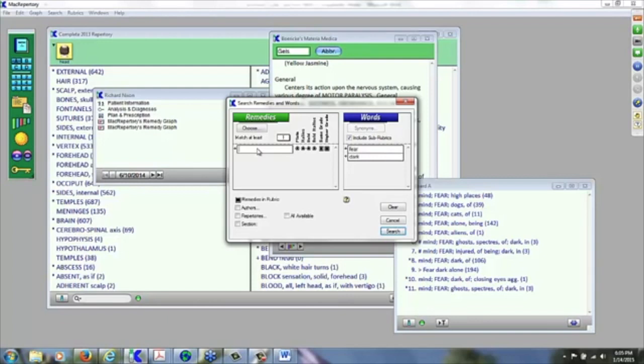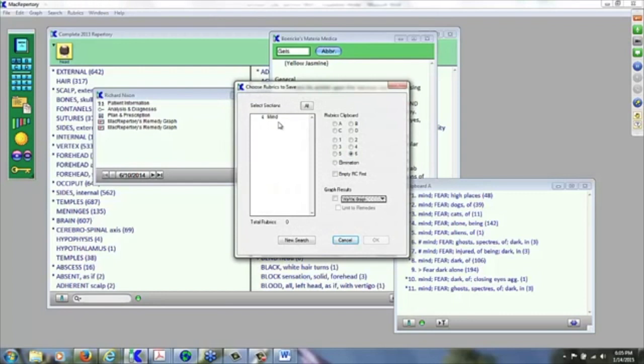Okay, so I'll click in the remedies side of the window over here, and I'll type in STRAM for stramonium. I've got stramonium and the words fear and dark. And now I'll go ahead and hit enter, and I'll go ahead and click on the search field down here. And now you see I've only got 4 results. In other words, there were only 4 rubrics that have the words fear and dark and also have the remedy